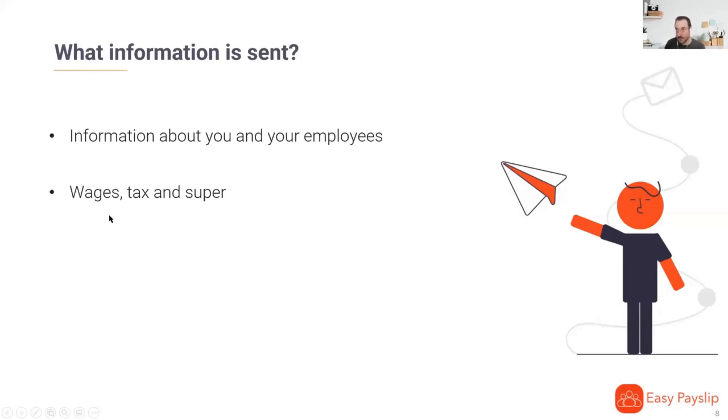Now it's quite summarized at this stage. You basically get, generally, one amount for wages, one amount for tax, and one amount for super. Some allowances are broken down. What is not sent is hours and hourly rates. So there is nothing about how many hours someone worked. There is nothing about how much staff get paid per hour. It is just a lump sum that shows wages, tax and super, and possibly some other items like allowances.